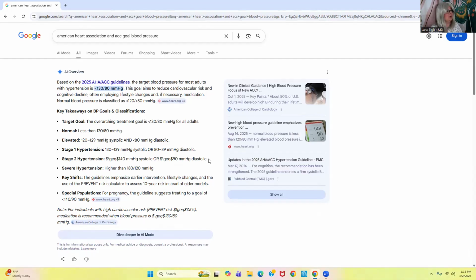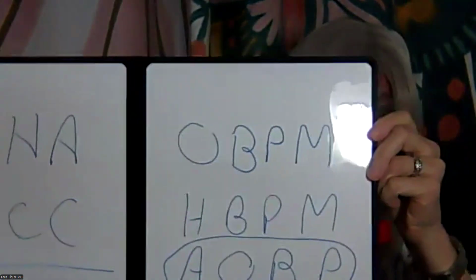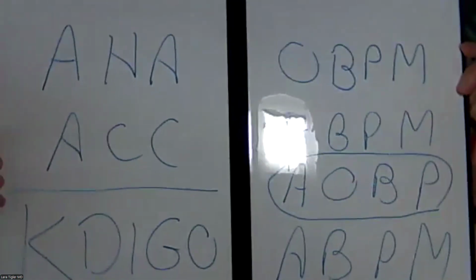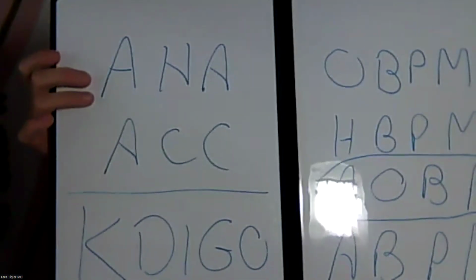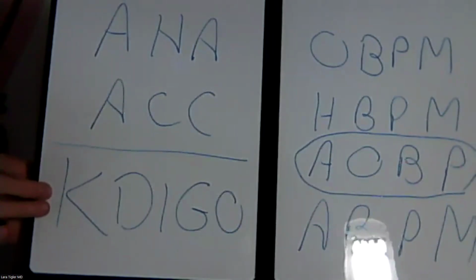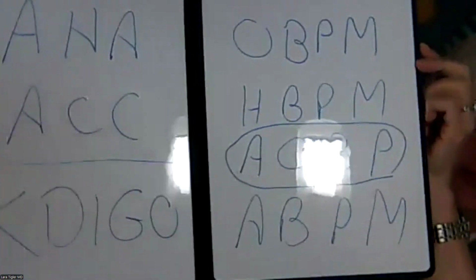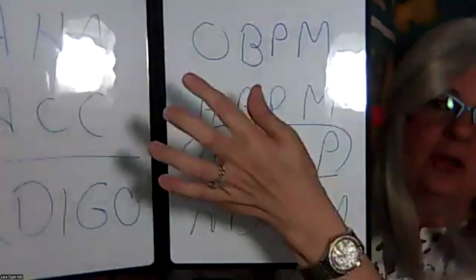And then I'm going to go ahead and stop sharing and show you 4 different abbreviations. Sorry about all these abbreviations, but I wrote these notes partly so I can remember to tell you what you need to know. And so we already covered the American Heart Association, and we already covered the American College of Cardiology and the KDIGO.